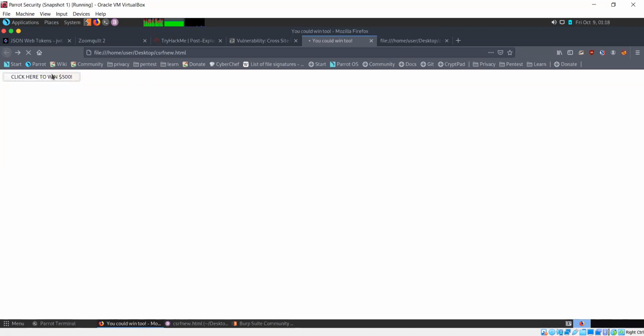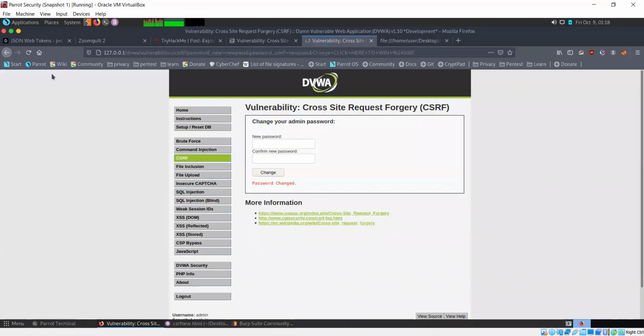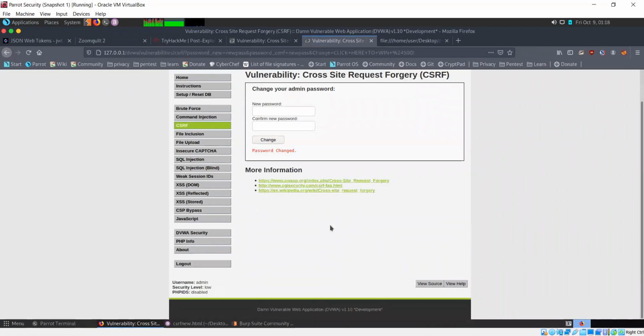If I click this right now, again it's saying password, that's the issue here with 127.0.0.1 as well.